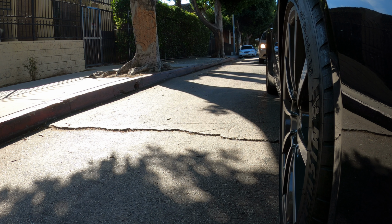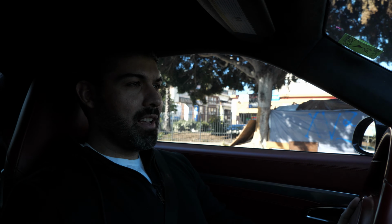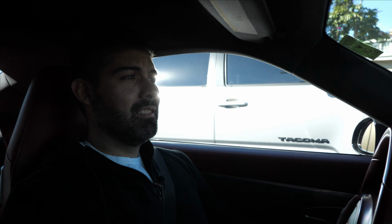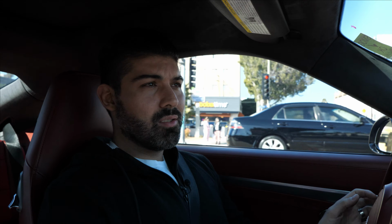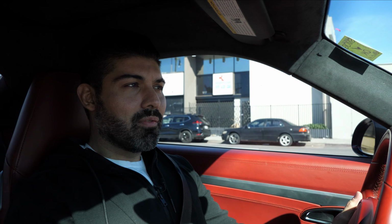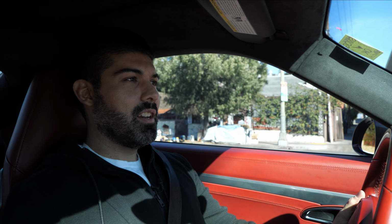So does this thing get your blood pumping? Is this something that I would recommend? Absolutely. This is very much aligned with what I like in a sports car: manual transmission, naturally aspirated engine, high-revving rear wheel drive. This checks all of those boxes. And for $60,000, I believe this is $60,000 or $65,000 that Porsche Downtown LA wants for it, it's kind of a bargain, because when you think about this configuration, 6-speed manual transmission, naturally aspirated Porsches,